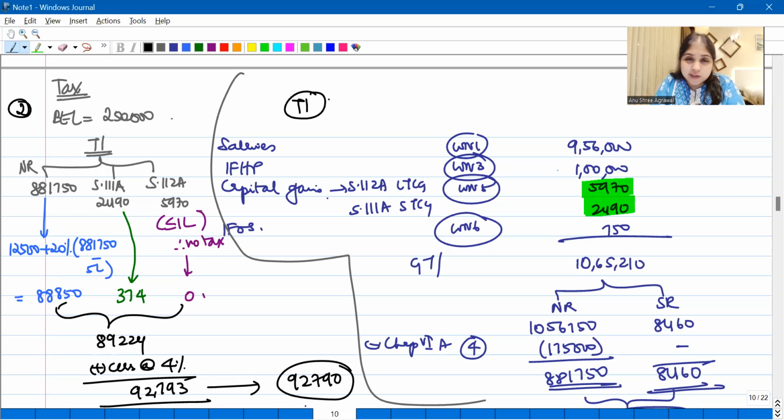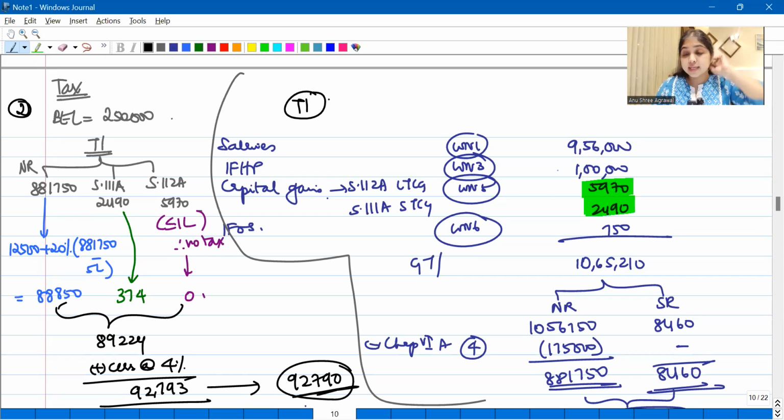Because the examiner is not going to be so kind that he'll tell me, think about AMT also. He is never going to do that. So therefore, we ourselves have to ingrain in our mind the technique, the sequence. That's why I keep telling you, in income tax, the method in which you think, the sequence in which you think is very, very important. Once you have the thinking process in your mind, in the examination, you will not skip steps and you will not get overwhelmed. When you look at the question, you will know very well what steps you are supposed to do, because your brain knows the steps. So in autopilot mode, your hand will start writing.